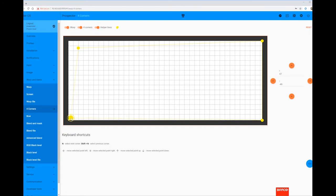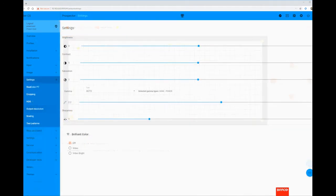For more granular adjustments, we can select the corner we wish and on the right hand side of the menu, adjust in the X and Y plane on a pixel by pixel basis where each corner resides. By now, our image should be perfectly aligned with the screen, so we can shift our focus to adjusting image